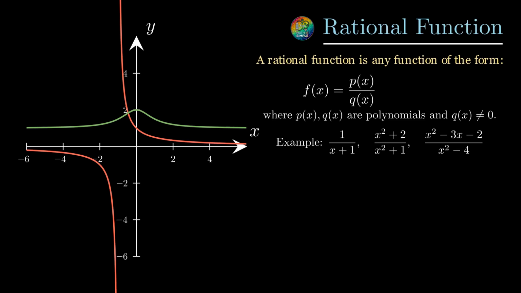Take a look at the examples listed here on the right, like 1 divided by x plus 1, or x squared plus 2 divided by x squared plus 1. Visually, these fractions yield some incredibly unique geometric behaviors, like the split curves and smooth peaks you see over on our coordinate plane. Because they fracture into different pieces, separated by invisible boundaries called asymptotes, their shapes can look quite